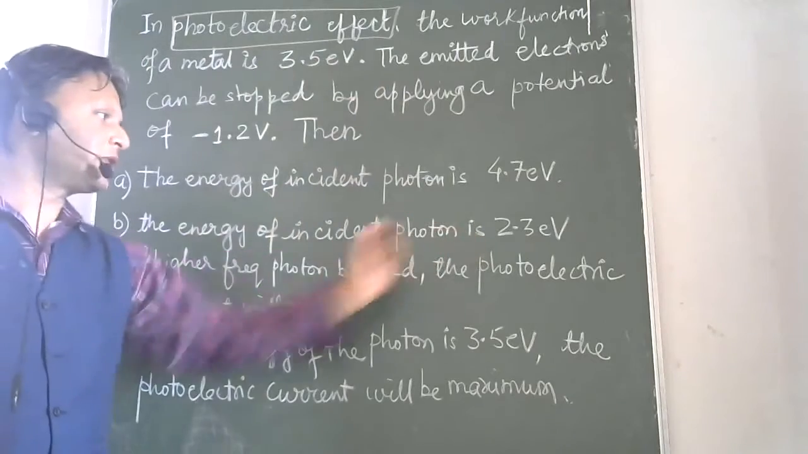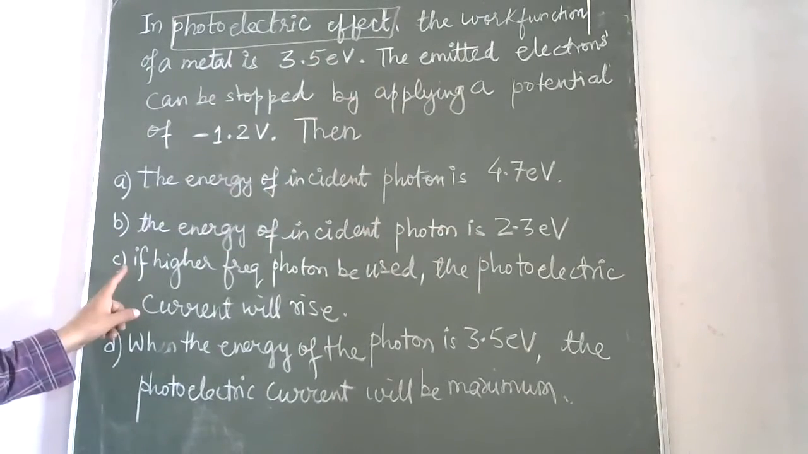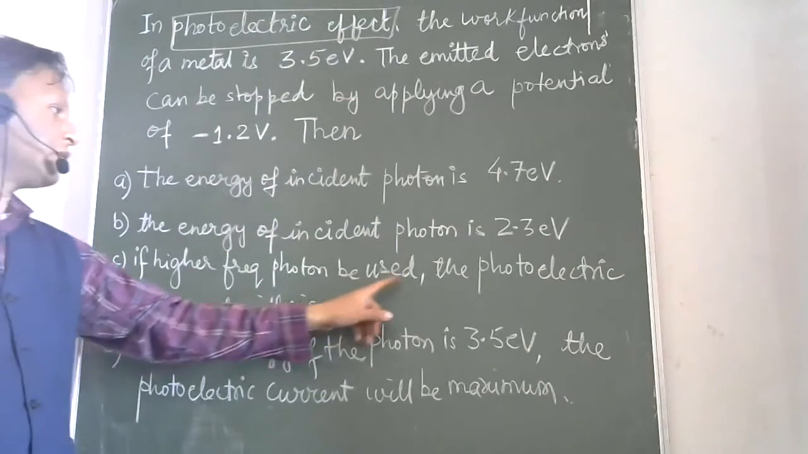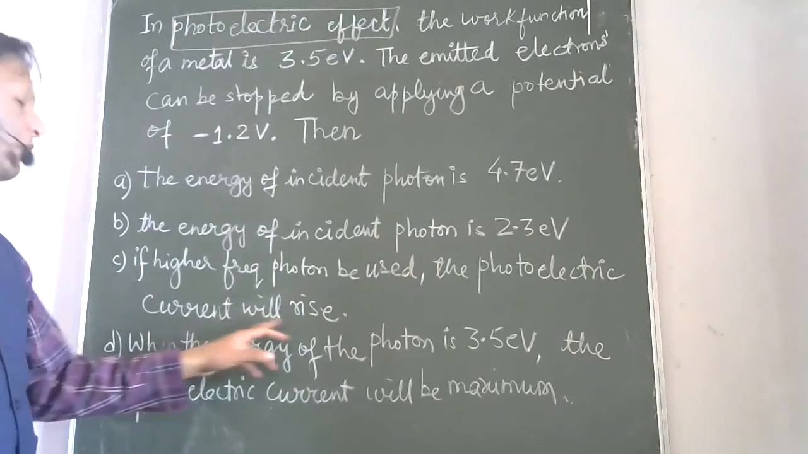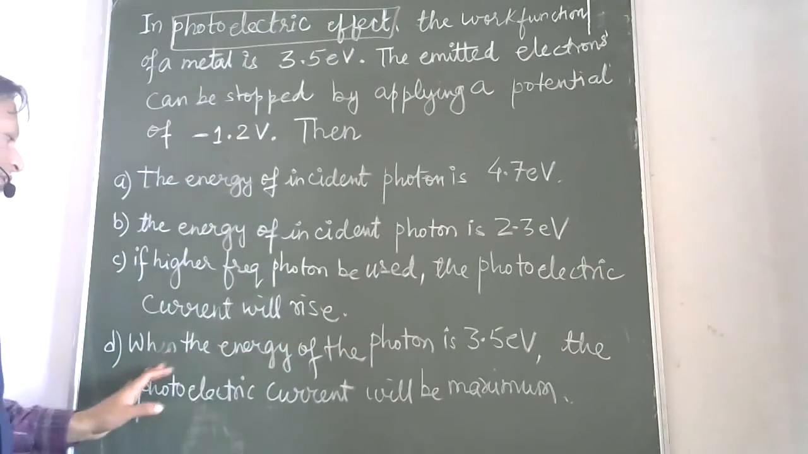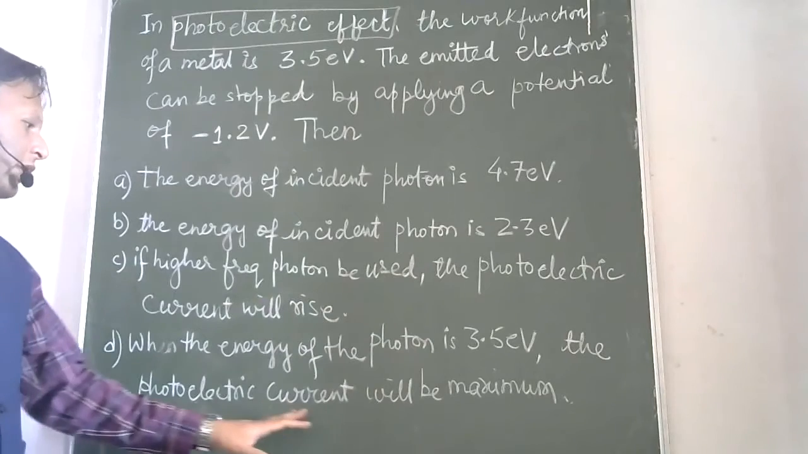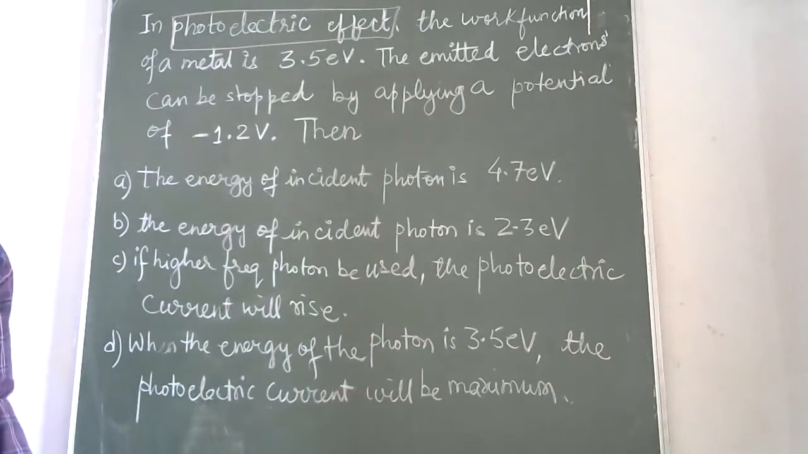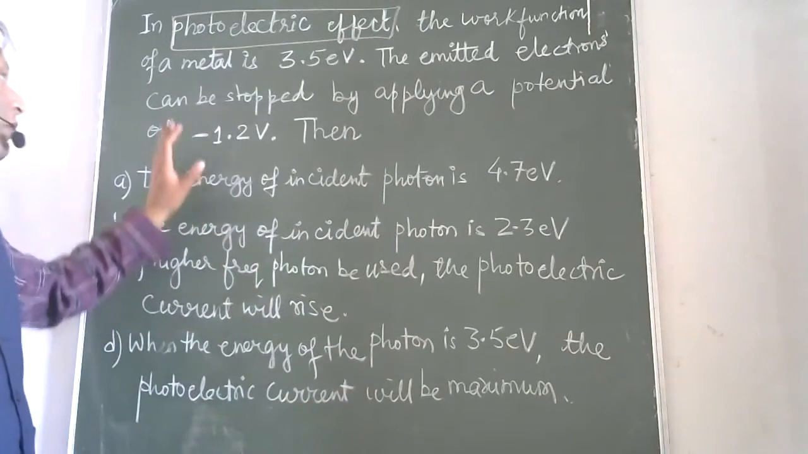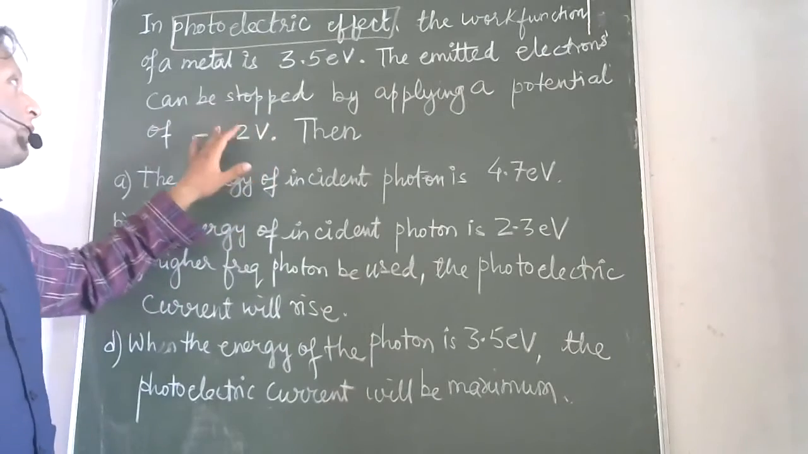or it is 2.3 electron volts. Or they have mentioned that if a higher frequency of photon is used, the photoelectric current will rise. And the last option is, when the energy of the photon is 3.5 electron volts, the photoelectric current will be maximum. Okay, so looking at the problem, what we can extract from this question is that this problem belongs to